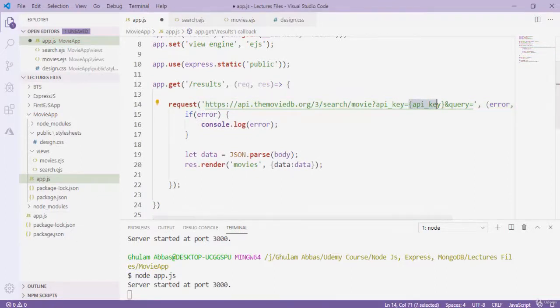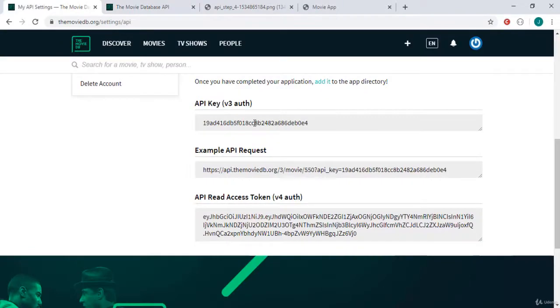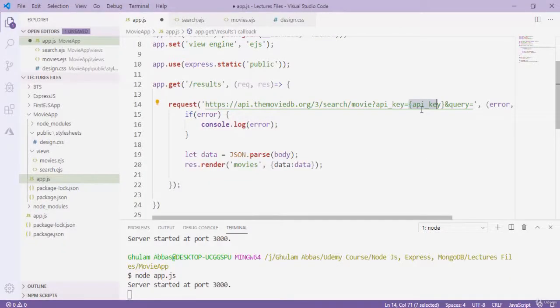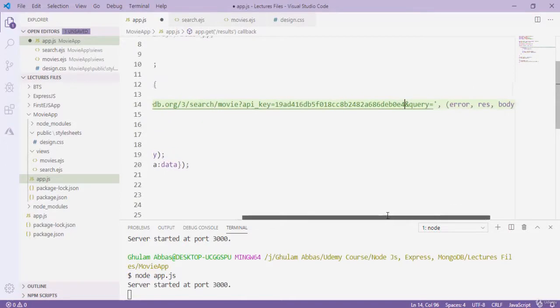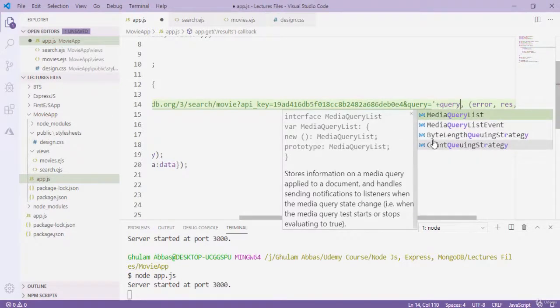So I just go back and copy my API from here, Control C, and I just paste, remove this like this, and here we have to give our query that we will get from this search.ejs. Okay, so I simply concatenate here query that we will get from this